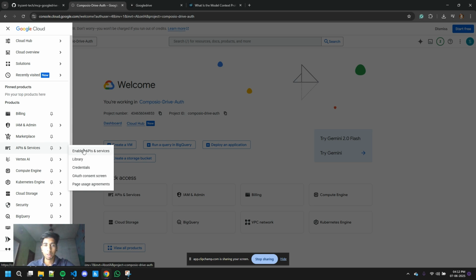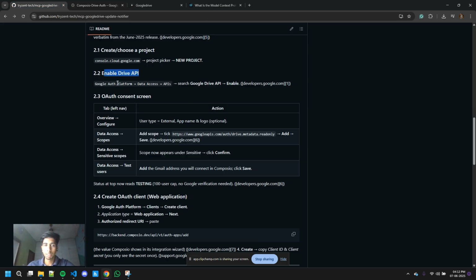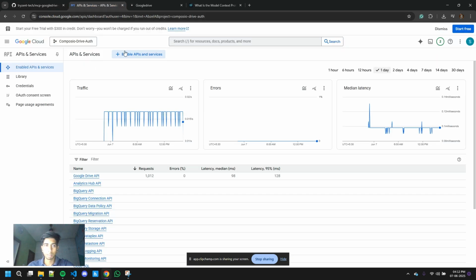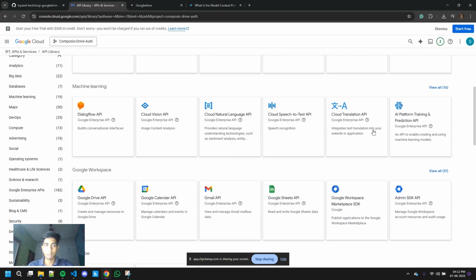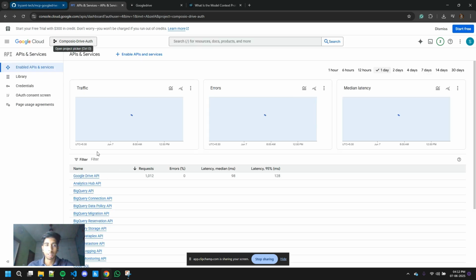When you go to enable APIs and services, it's a very easy process. You do this from here. You can just click the Google Drive API and it will be enabled. Okay, I have already done that. As you can see, it's enabled. Second step,